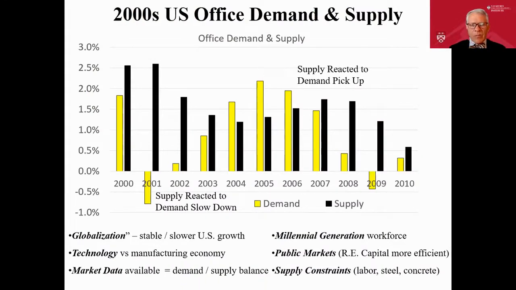So the 2000s come along. We have the technology bubble burst, and first time ever negative demand for office space in 2001. It comes back to a nice peak over 2% in 2005, goes back to a negative in 2009. And if you look at supply, you can see how it's kind of lagging demand, high when demand drops off, slowing down to 2004 and then starting to pick back up. So lagging it by a couple of years. And on to the next slide.